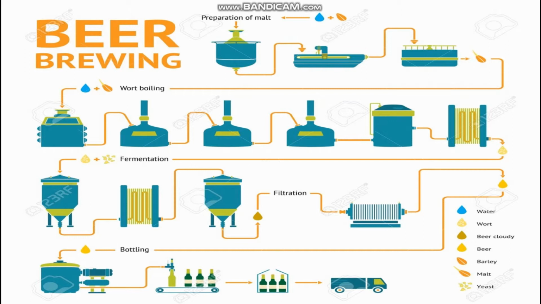Okay, the next step is the addition of hop flower into the barrel, up to 2 pounds per barrel of ale. Hops are the dried female flower of the hop plant, which is known as Humulus lupulus. The addition of hops in beer is to provide beer with its pungent and aromatic character